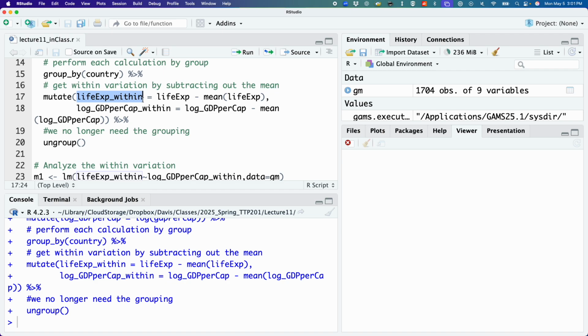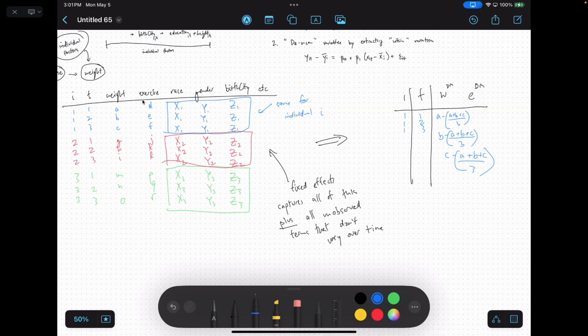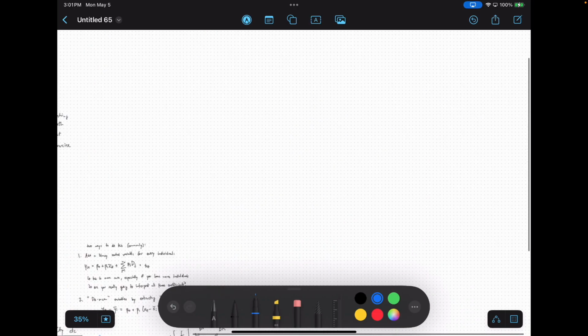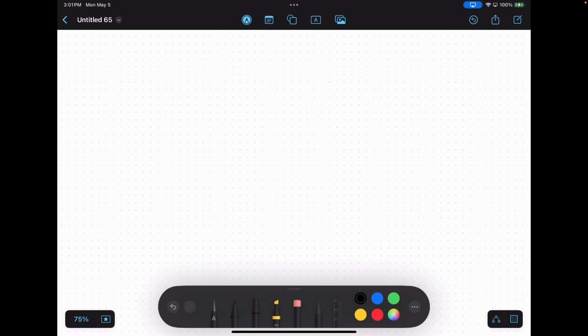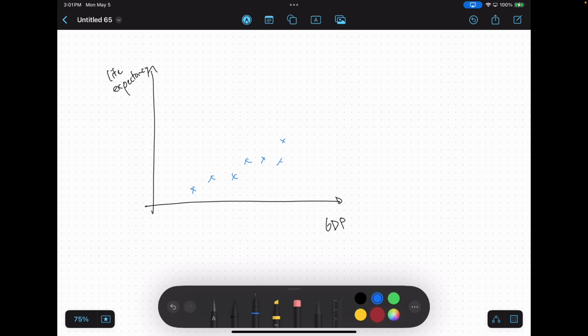And you might observe, let me actually jump back to, so if I have something like this, GDP, life expectancy, and if I have some data that might look like this,